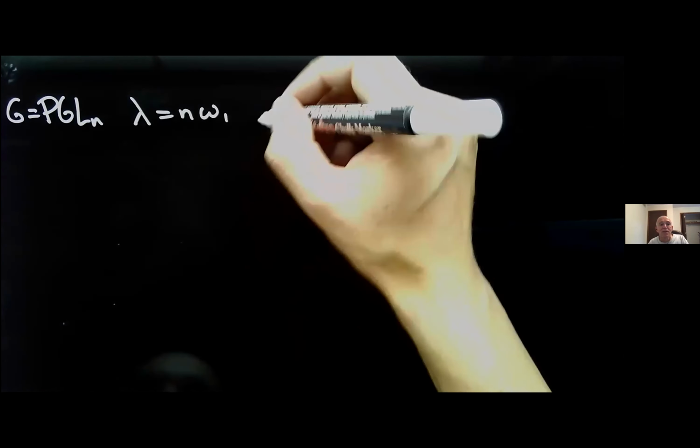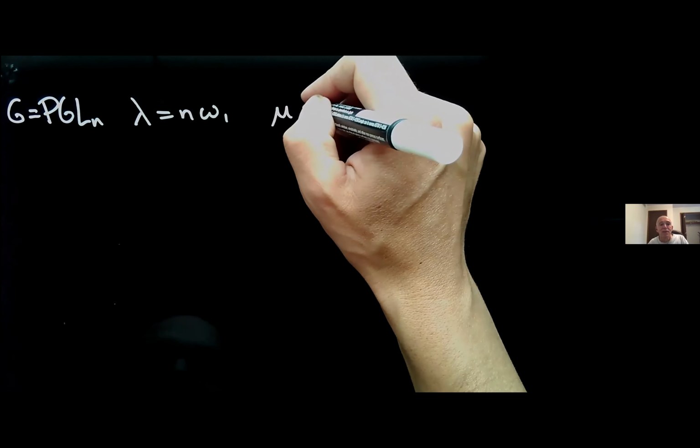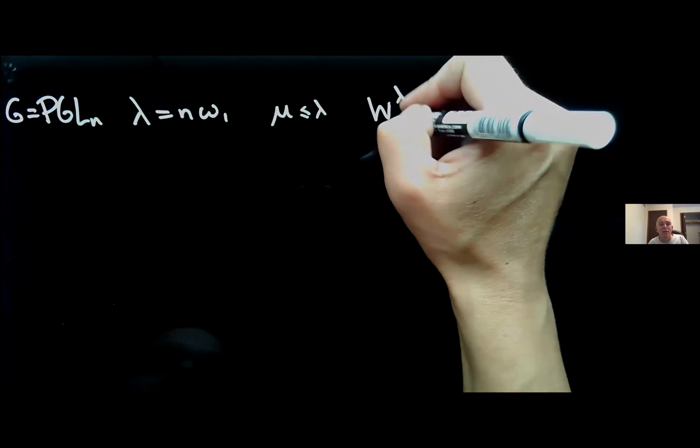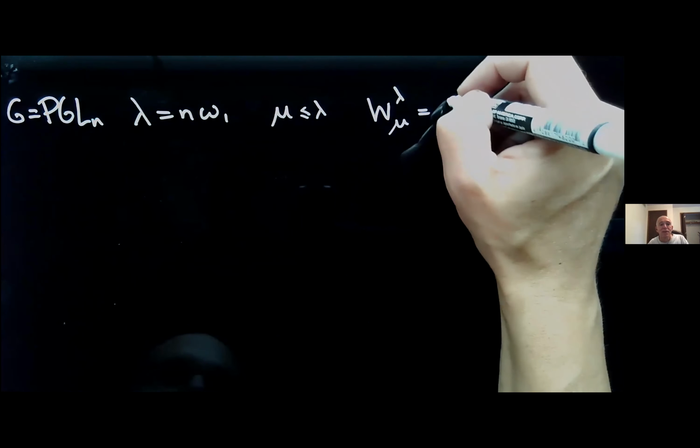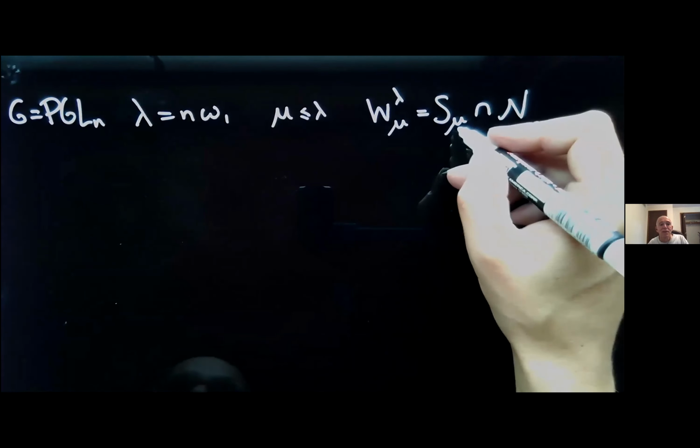So I mentioned before that when G is equal to PGL_N and lambda is N omega 1. So Joel, I see your hand, but I do not see... sorry, write. There we go. So in this case, I mentioned mu equals 0, but even if we take any mu smaller than this lambda, so it would correspond to a partition of n, then this W lambda mu is a Slodowy slice, or more precisely, a Slodowy slice intersect the nilpotent cone. So this S mu is a Slodowy slice.